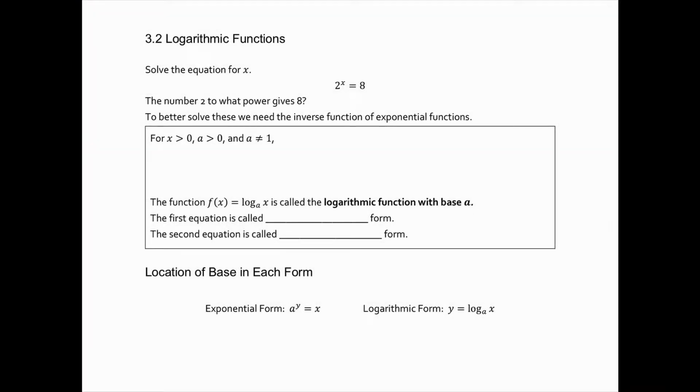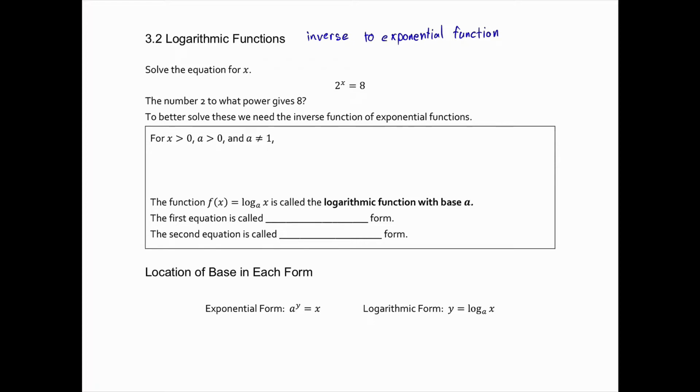In this section, we will look at the logarithmic functions. A logarithmic function is going to be the inverse to the exponential function, so a lot of the properties that we discussed in the last chapter will carry over. So it's the inverse specifically to the exponential function. And of course, we're going to have to make sure we understand where the bases are and how that affects